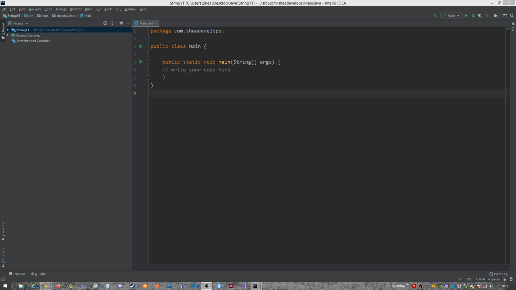Today we're going to be talking about strings in Java. So strings are nothing more than a sequence of characters. They're a special type of variable in Java, and they're basically just like an object. So we can create them,